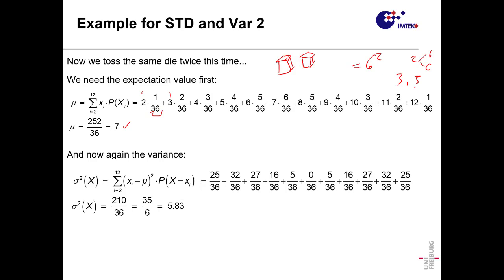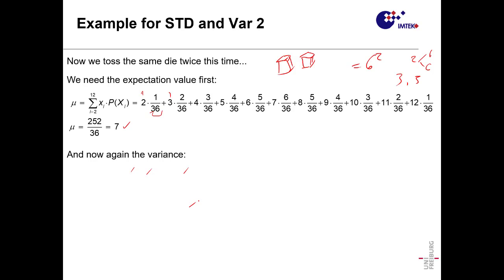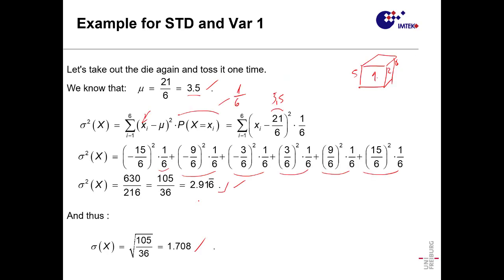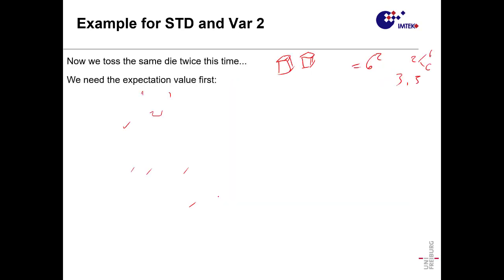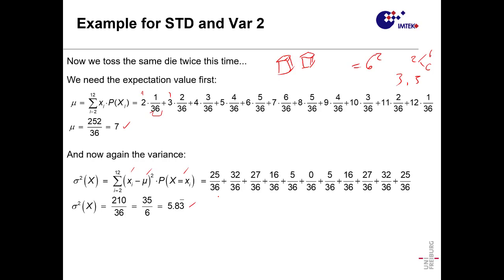If you plug in all the numbers, as I say, for each of the dice and the expected value, and you multiply by the probability, that is always 1/36, you get 5.83. The standard deviation, or the variance for throwing 1 dice, was 2.9. So it's not exactly the double. And this is something particular of the variance, and it cannot make sense in reality, because